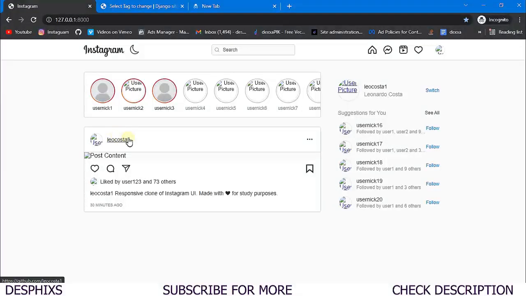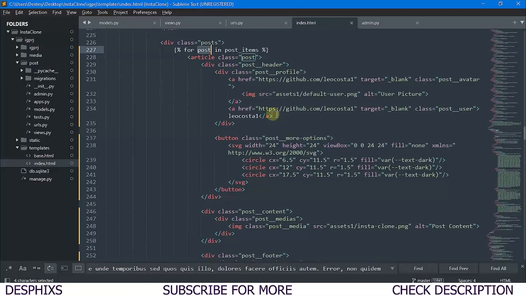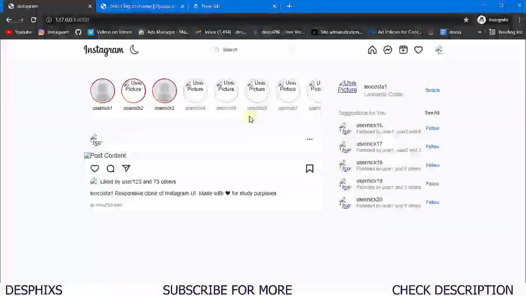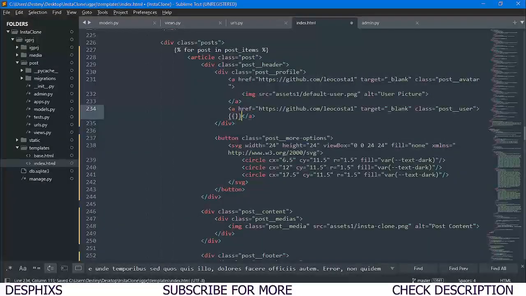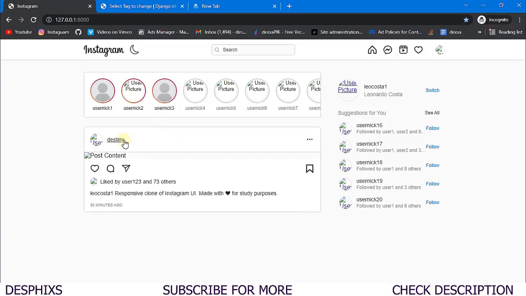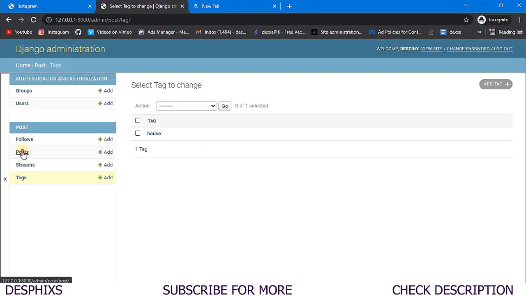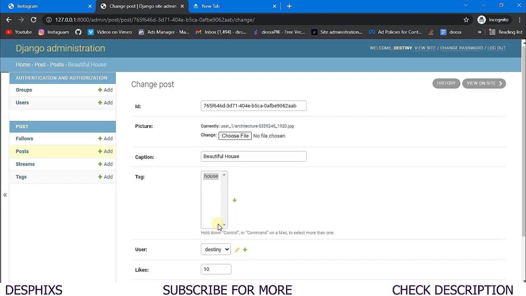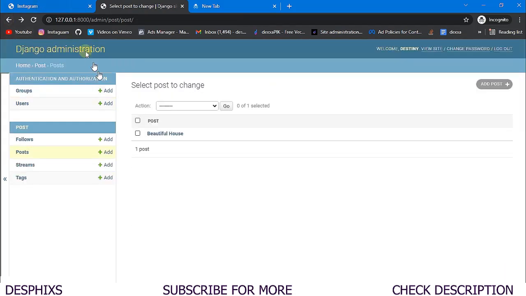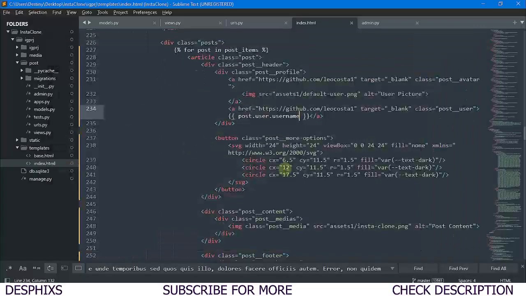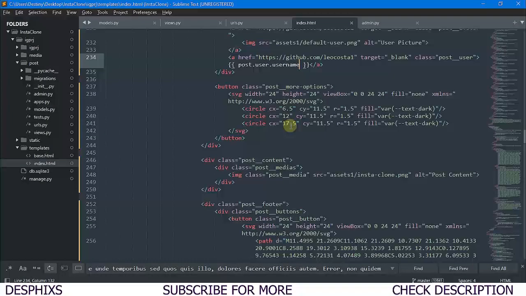Now this is the name of the person that I've got. What we need to do is come over here, get rid of this. As you can see, it's gone. So we're going to open up double curly brackets like that, and in there what we are going to add is post.user.username, just like that. And what do you notice now? We see Destiny, because Destiny was the one that created this post over here. If we open it, you're going to see Destiny. Hopefully you understand what we're doing. Don't worry, you're still going to understand. Okay, so post.user.username is that.